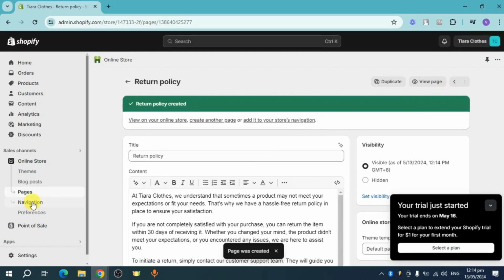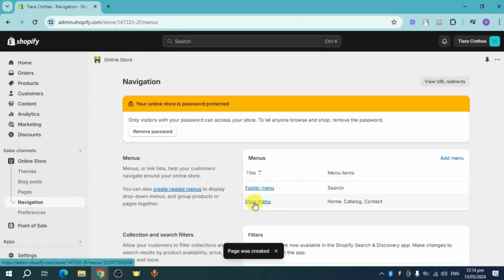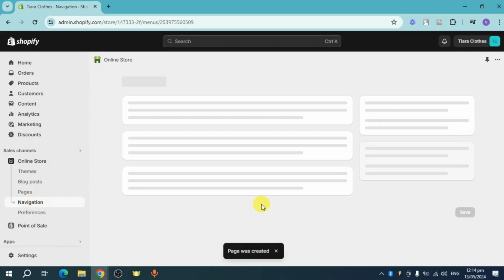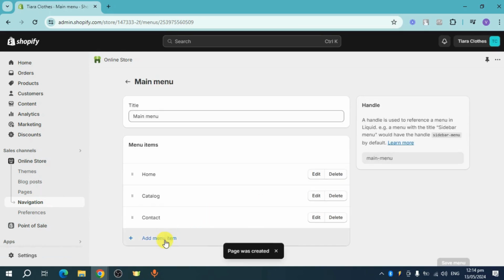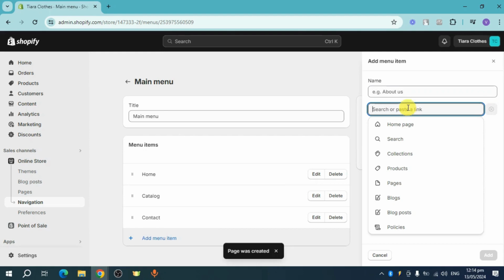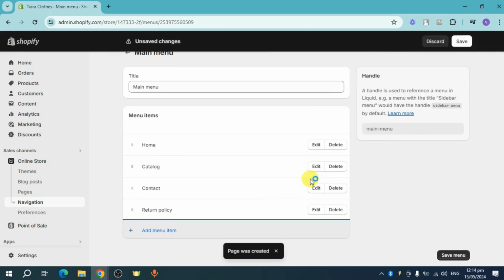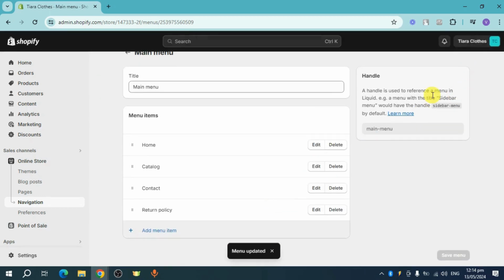Once you have done that, click on this navigation and then in here you can see in here menu. Click on this main menu and for this one, let's click on this add menu item. Now let's click on this search right here and then let's put in here our return policy. Now let's click on this return policy search result. Click on this add, click on the save option, and as you can see, it's been added right here on